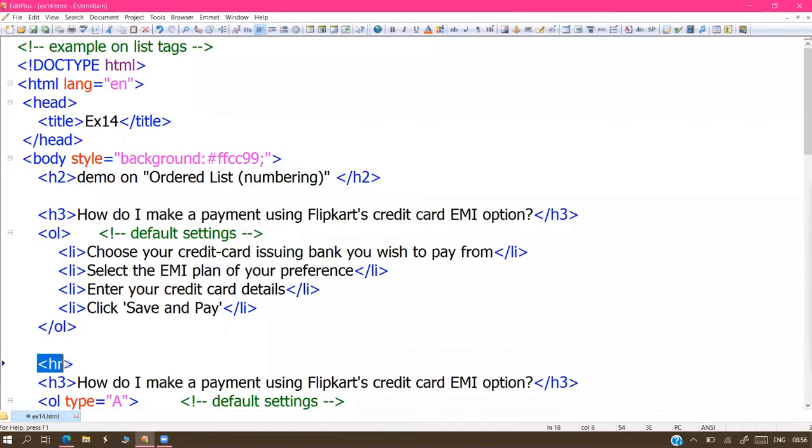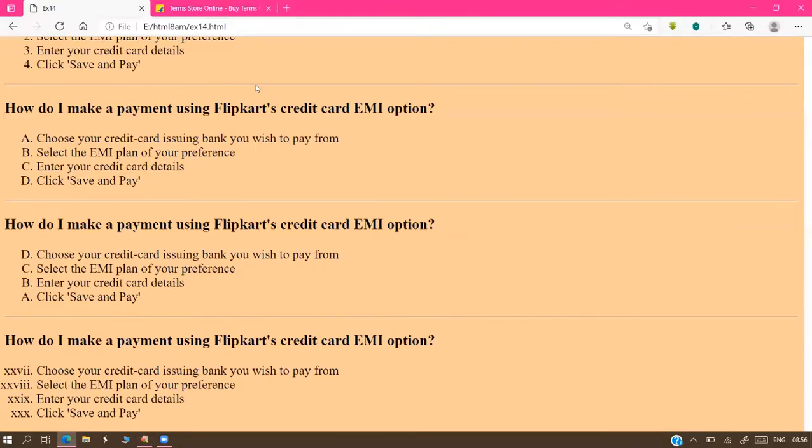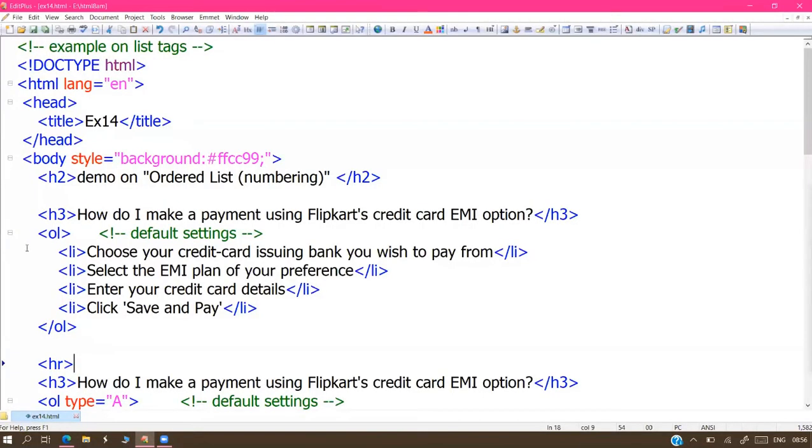The HR tag, sir, I already explained. It is not splitting of the screen, sir. Where I split the screen, I'm just drawing the line. It's not splitting of the screen, I'm just drawing a line. I already explained the HR tag, and after the explanation only, I used that one in my program.